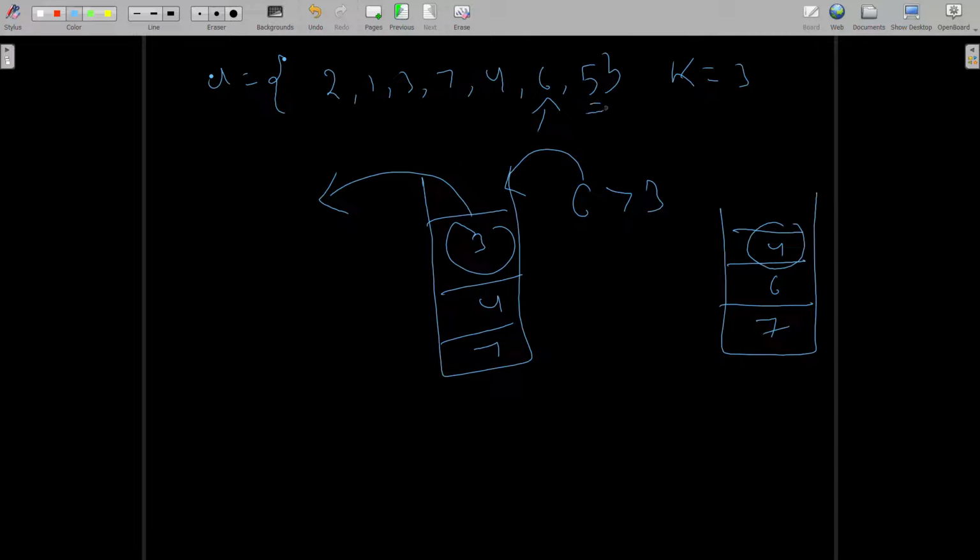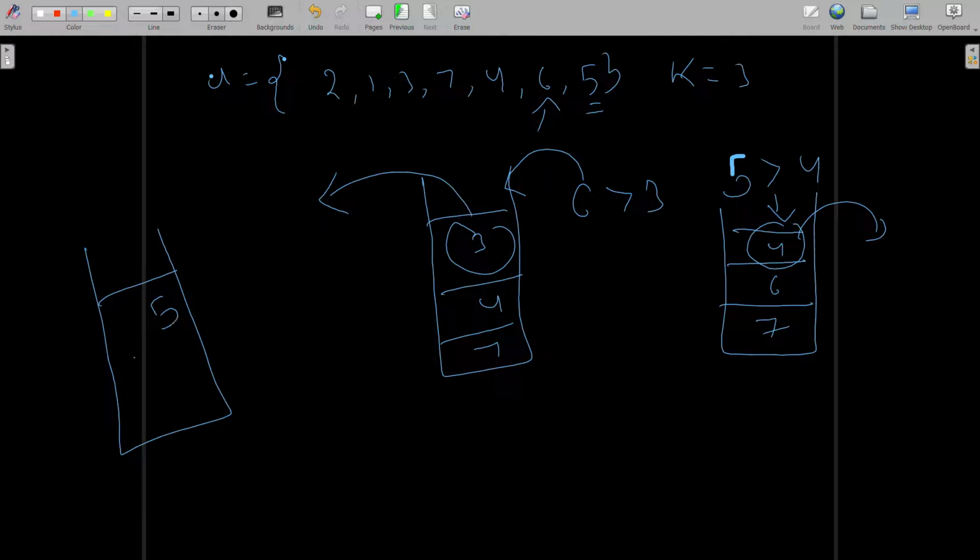Now 5 arrives. 5 is also greater than 4, therefore we pop the 4 and insert the 5. Now our queue becomes 5, 6, 7. Since we have traversed all the elements of the array, the topmost element is our answer. We simply return q dot top, that is 5, which is our answer.